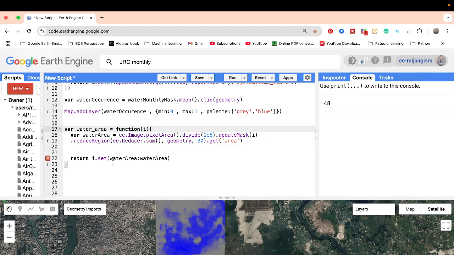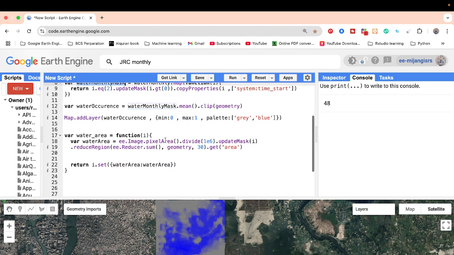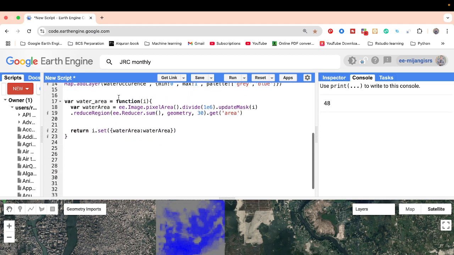We need to create the dictionary here. For that, just use the curly bracket start and curly bracket end. Okay, so now it's okay. Now this function we need to connect with our 48 image collection, and this 48 image collection is mainly tracking only the water pixel. Just simply copy, and for connecting, just paste here